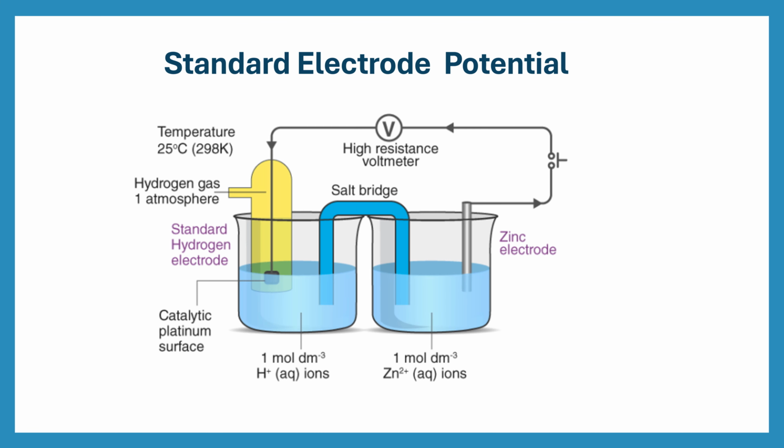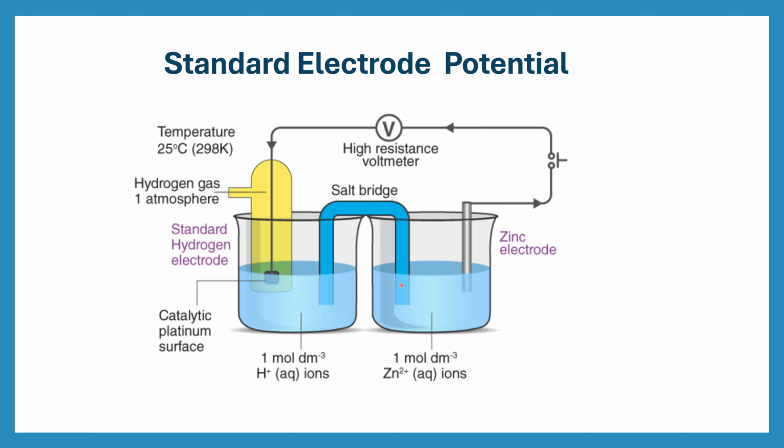Here we can see a clearer view for measuring the electrode potential. On one side of the electrochemical cell, we have the standard hydrogen electrode, and on the other side we have another metal whose potential is to be measured. By comparing the voltage between the hydrogen electrode and the zinc electrode, we can measure their potential. We can measure the voltage from this voltmeter also. Here is a salt bridge between these two solutions.